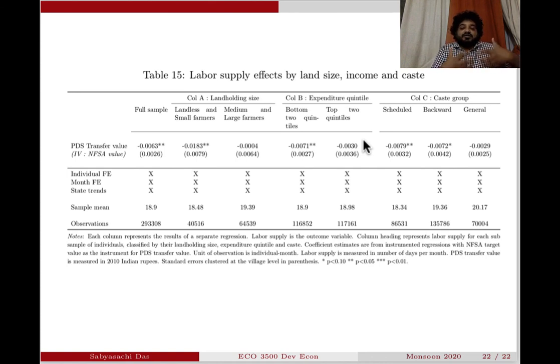This is different from the cash versus in-kind debate. This is saying that even in-kind transfers, which can be more inefficient, can have these kinds of additional benefits in terms of labor market outcomes. They can earn higher wages just because they have more money, so they can choose not to work and increase the wage collectively. Okay? So let me stop here.